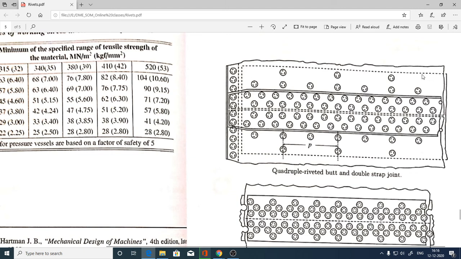You can just look out here, dashed line here. This is bottom cover plate, two continuous lines here. This is top cover plate. If you look over the orientation of the rivets, it is of a zigzag nature. Now if you can just look out here.